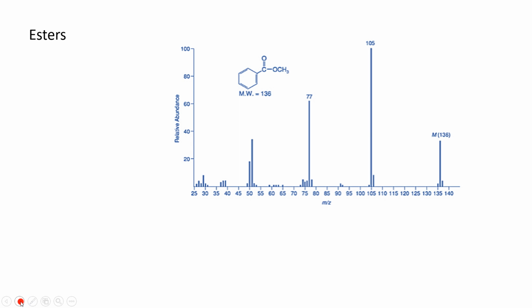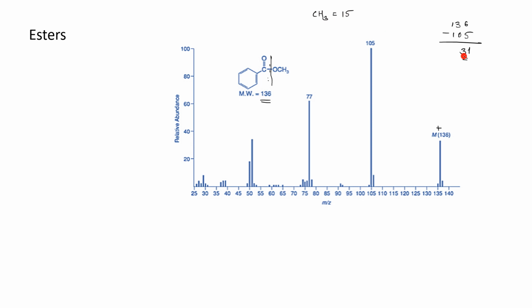Okay, now let's look at esters. Each functional group has a particular pattern. So for esters, this is the group that breaks easily. For example, methyl benzoate, the molecular ion peak is at 136. This is the molecular mass. Now if it breaks over here, let's see, suppose you don't know how to do it. Let's first subtract this. So what is the answer over here? 31, right? So the answer is 31. Let's see what is 31. So assume that it is breaking over here. Suppose you assume it breaks at CH3.